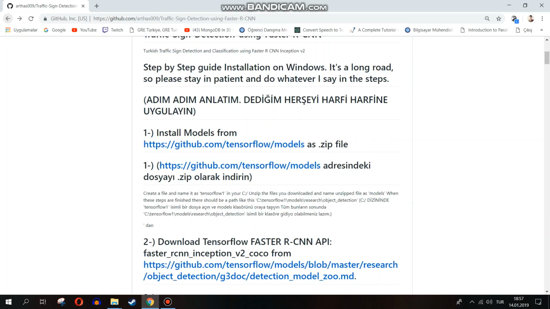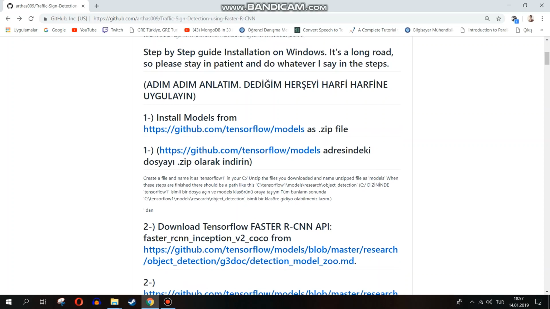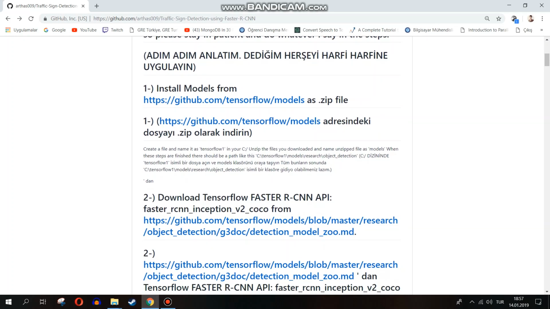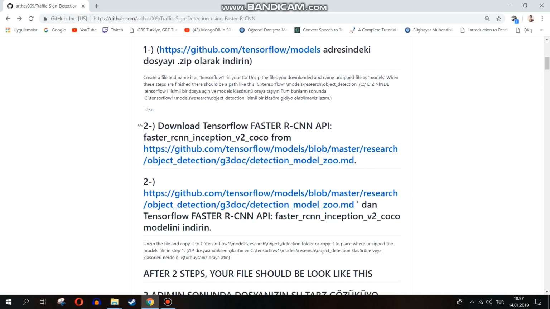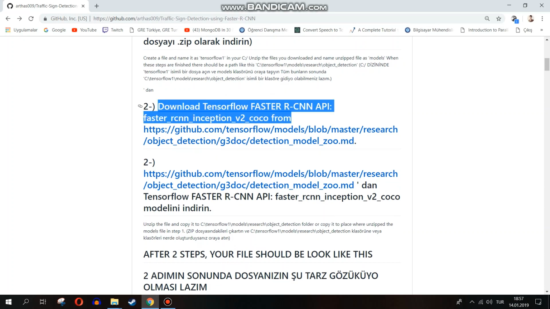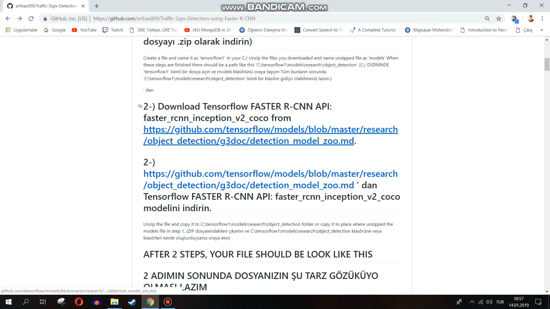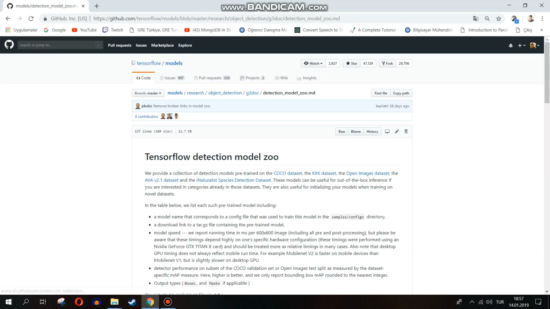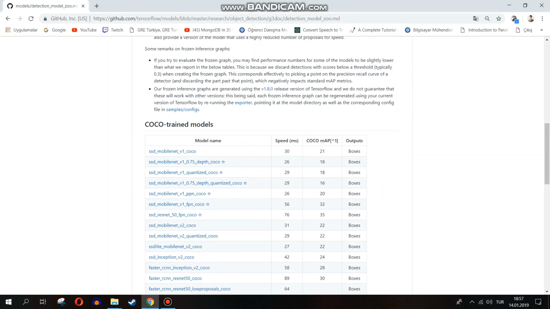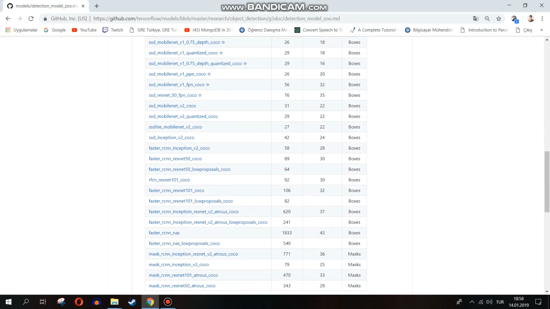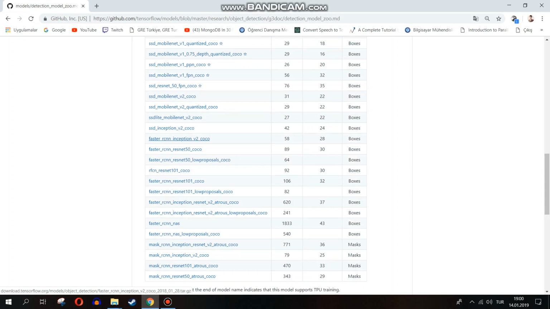When your download finishes, go back to my GitHub repository and here, again go to the TensorFlow's repository by clicking this link and download faster RCNN Inception v2 CUDA. After downloading this model,